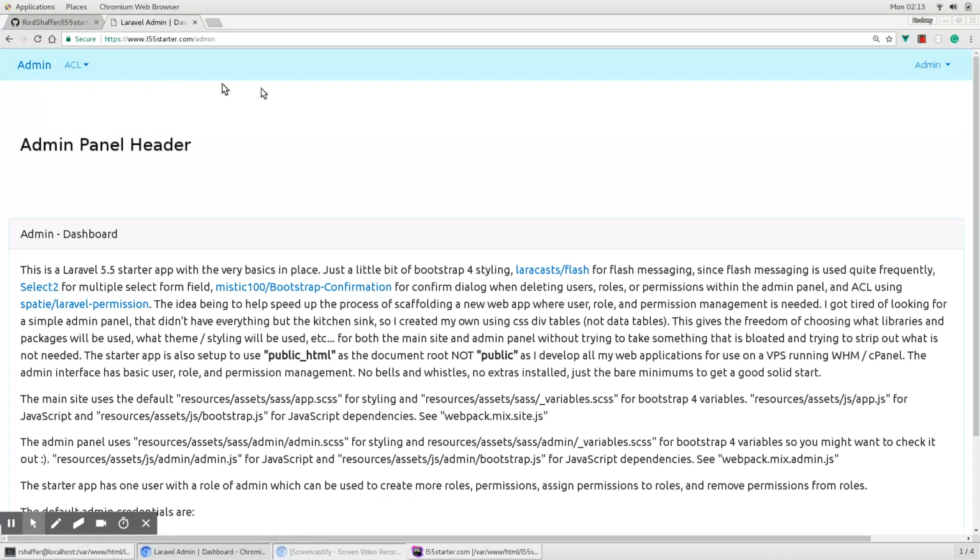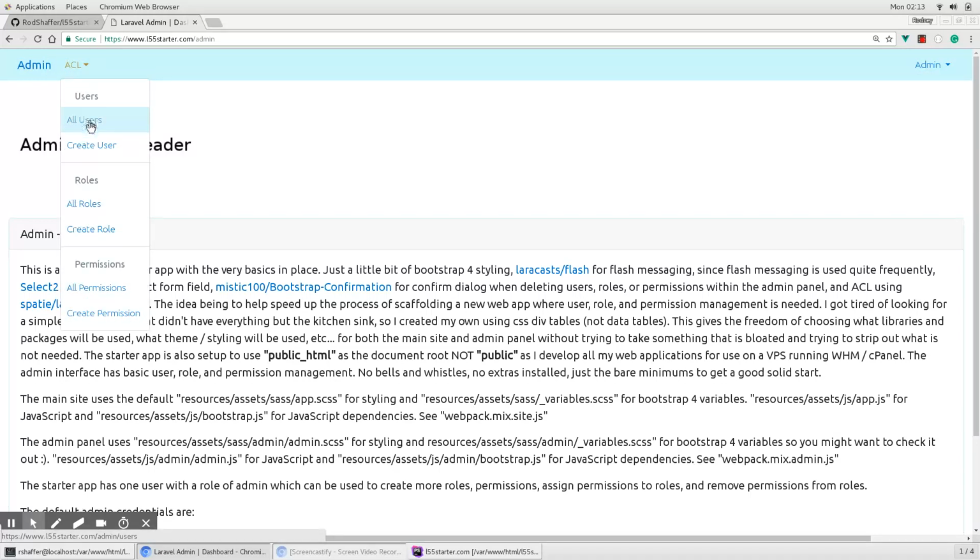And if you notice, there's only one menu option up here other than the logout over here that says ACL, and you can view all the users on the system. You can create a user. You can view all the roles, create a role. You can view all the permissions and create a permission. So if we were to go in and view all the permissions that got seeded into the database,